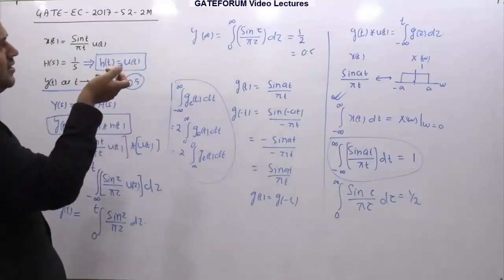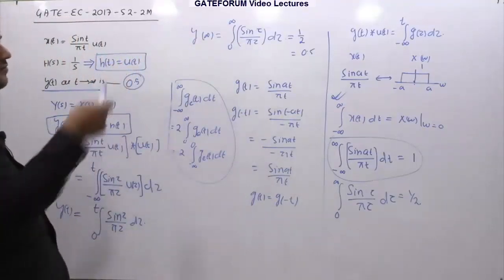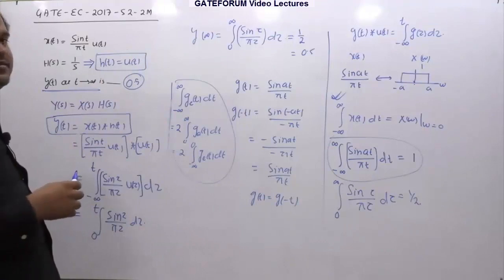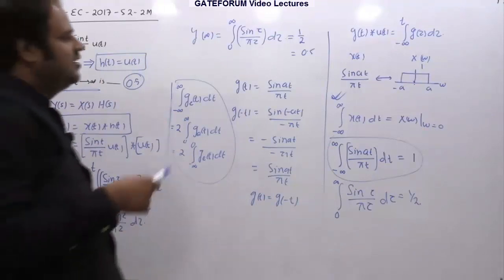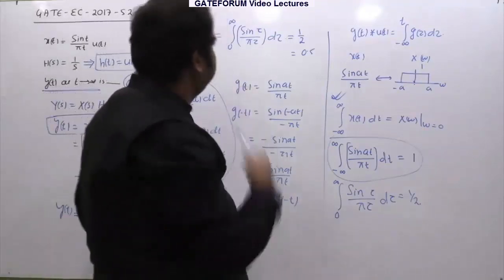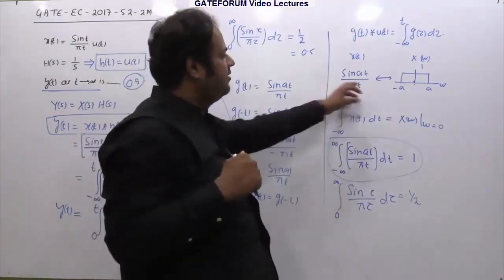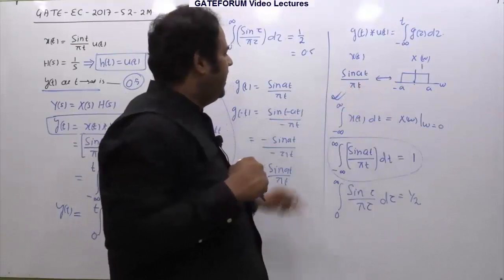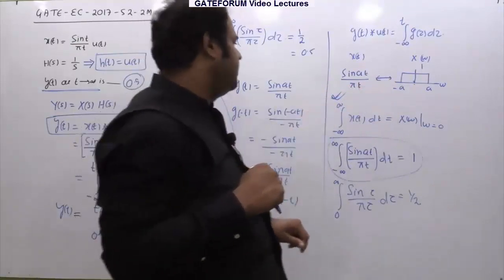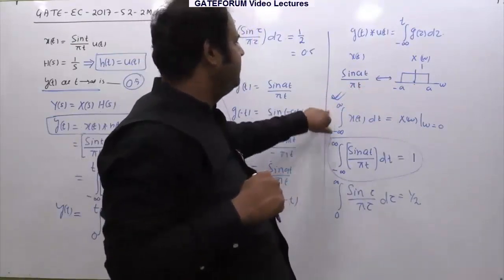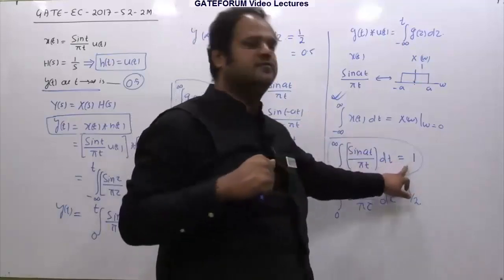Actually, this is a standard integral. If some of you are good in basics, you could have directly written that. It's a very well known result. In case you don't know, I have given the derivation or the proof of how this is actually 0.5, right? So sin(at)/(pi t) has a Fourier transform of this much, right? And if you integrate this using the central ordinate property, the overall integration from minus infinity to infinity is what we are getting, it is 1.